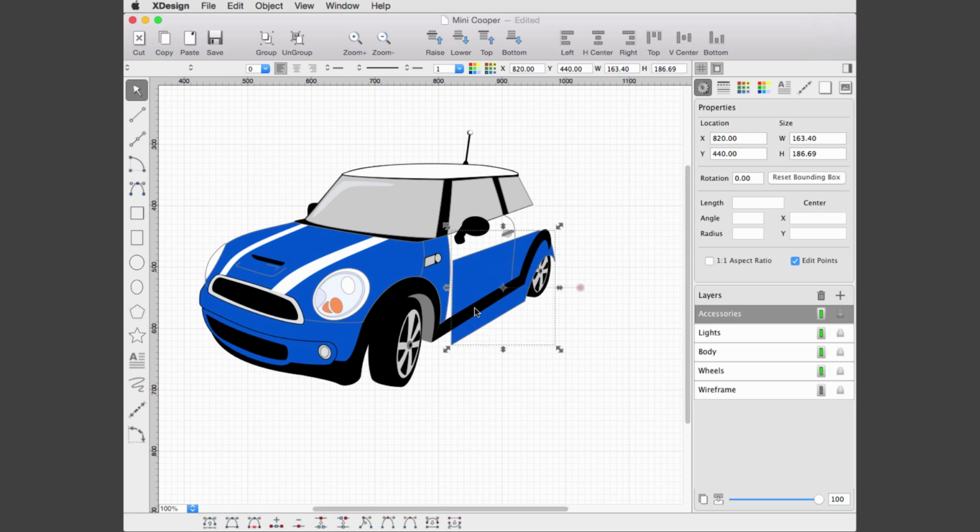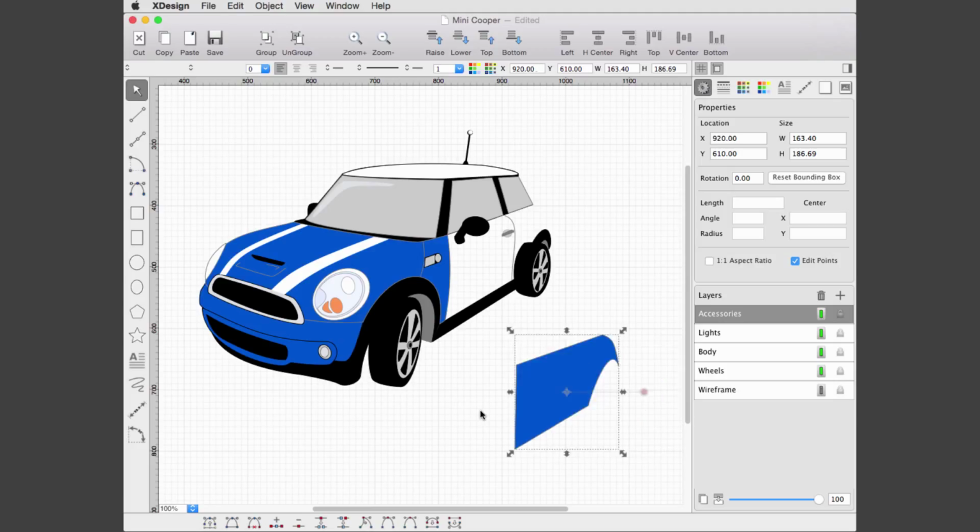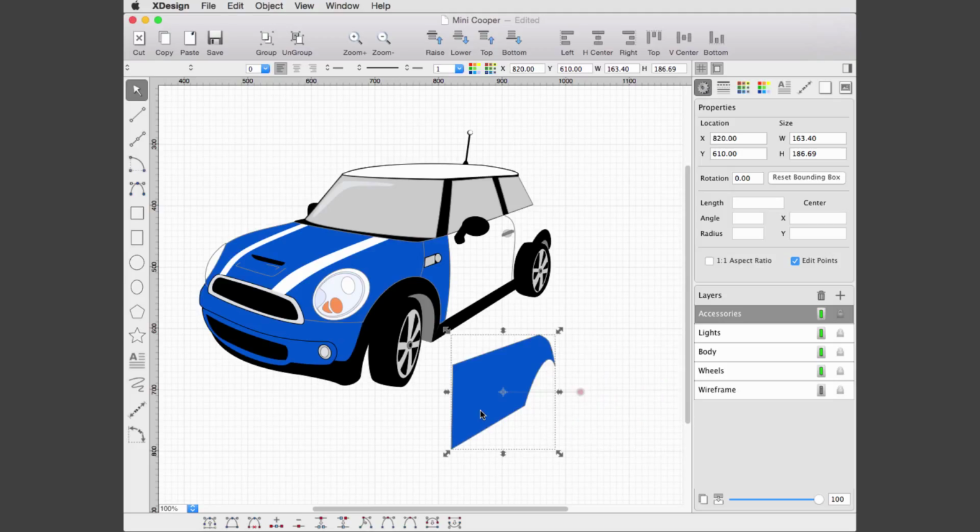Select an object and drag to move the object. The X and Y location of an object can also be specified in the Properties panel or the Edit toolbar. Arrow keys can be used to move an object in fine steps or snap or grid increments. Press Shift along with the arrow keys to move with larger steps.